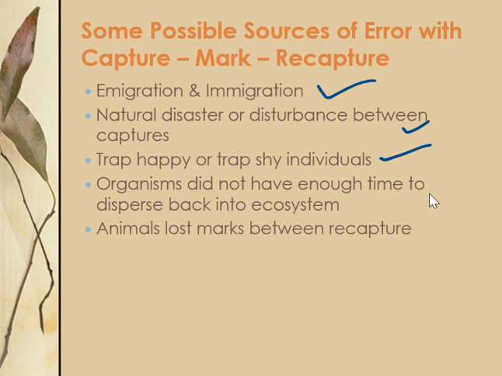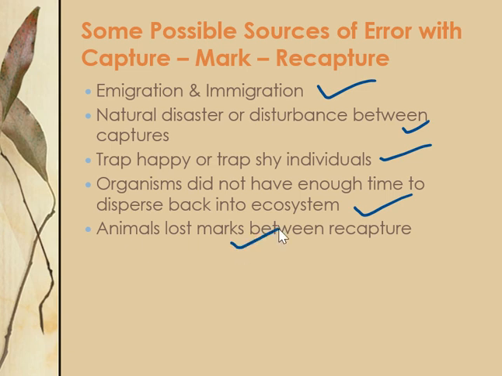Organisms may not have had enough time to disperse back into their ecosystem. Also, animals may have lost the marks between the captures. The mark that you make on the animal is no longer there by the next capture, the recapture. That also can make